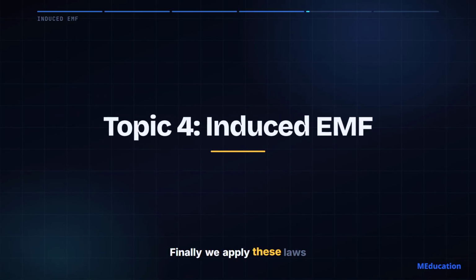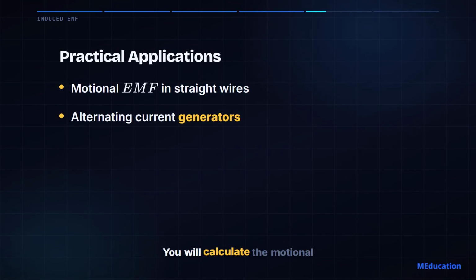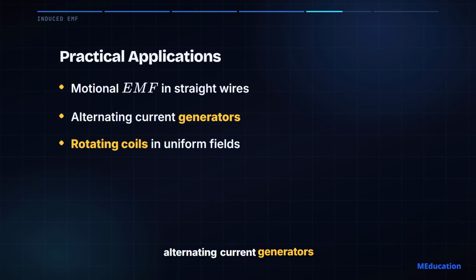Finally, we apply these laws to real devices in the induced EMF topic. Here we apply fundamental laws to practical engineering. You will calculate the motional EMF generated when a single straight wire cuts through a uniform magnetic field. Then we scale up to alternating current generators, where a coil rotates continuously in a magnetic field to produce a sinusoidal voltage. This is where abstract physics meets real-world power generation, and it is frequently tested as a dedicated 12-mark